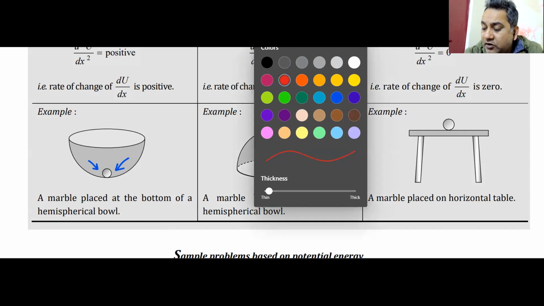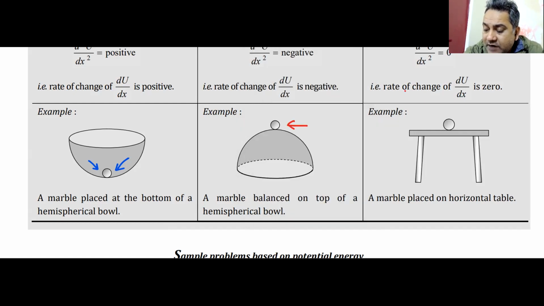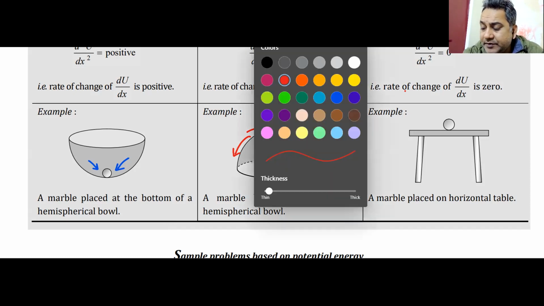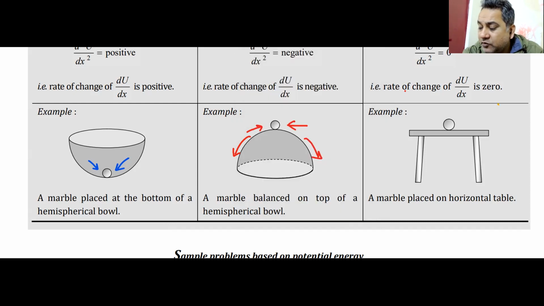If I have a ball on the top of the hill, if I just disturb it, it will never come back, it will just fall down. This type of equilibrium is known as unstable equilibrium. The red one is unstable equilibrium. The third one, the yellow one, as you can see, is on a plane surface. Energy always remains the same, and this type of equilibrium is known as neutral equilibrium.